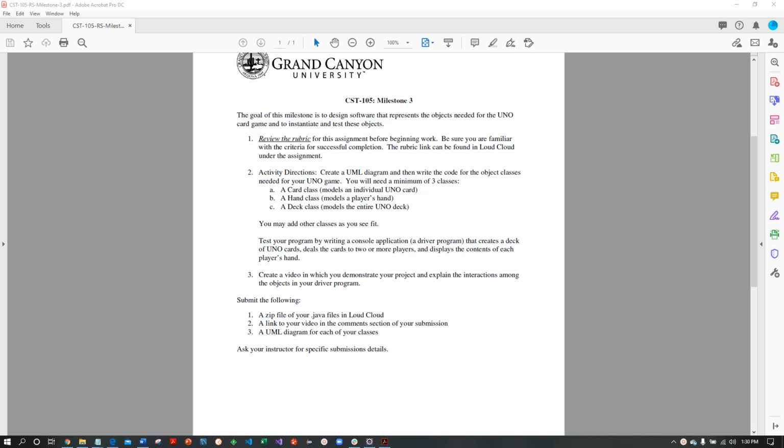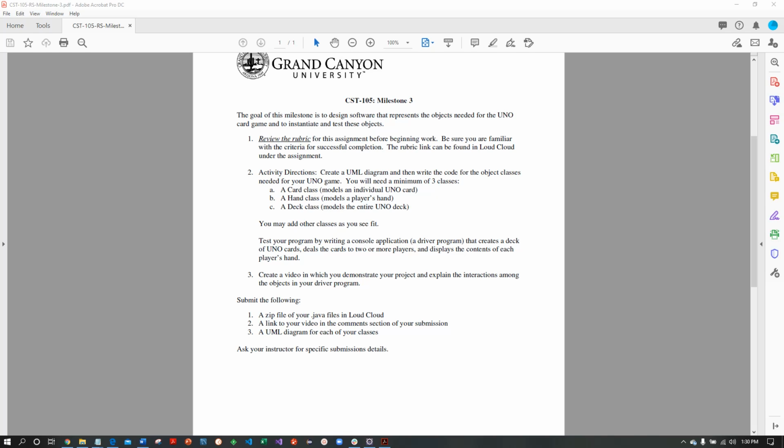UML is Unified Modeling Language. We'll discuss that in a separate lecture. It's more formal than the abstract data type you worked on in Activity 2. It also concerns itself with some implementation details, which the abstract data type explicitly avoids discussing. We will review how to do the UML side of that, and then write code for the object classes in